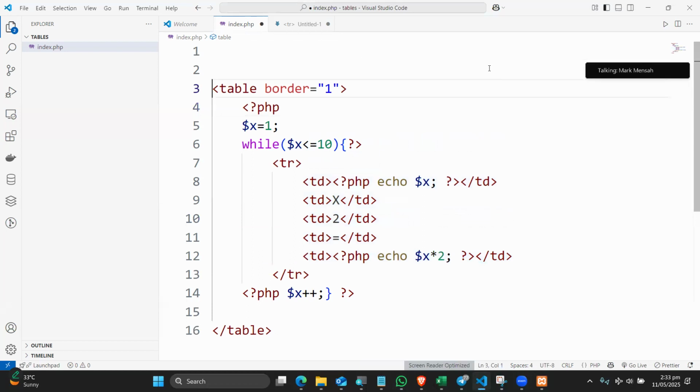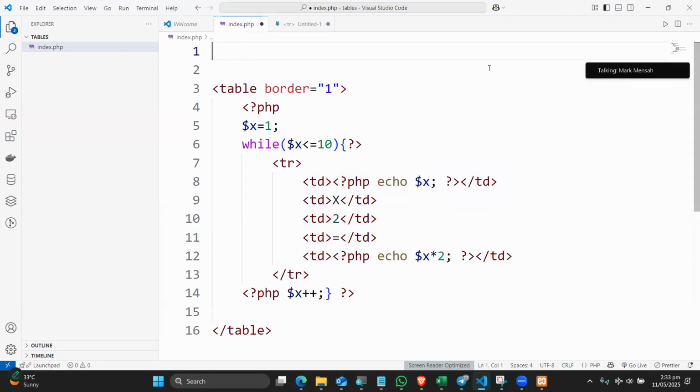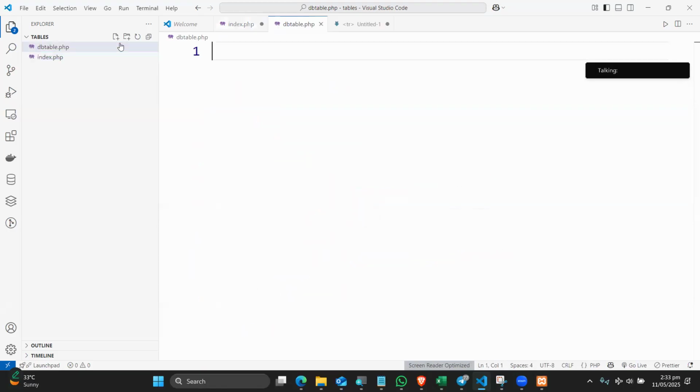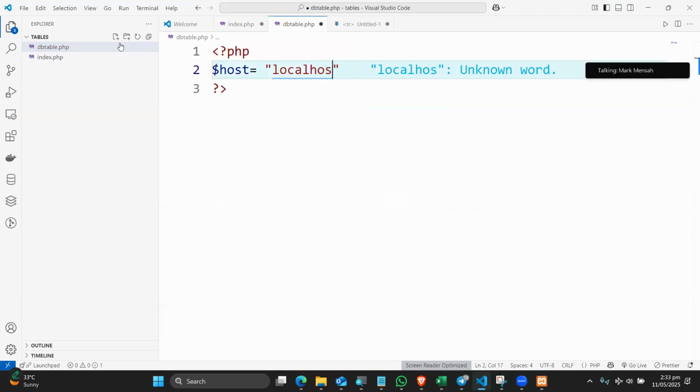let's connect to a database. We said that to connect to a particular database, let me not do it here. Let me do it over here. So let's connect to a particular database. You said that to connect to a particular database, you need your PHP tag. And then you require the host, which is localhost,